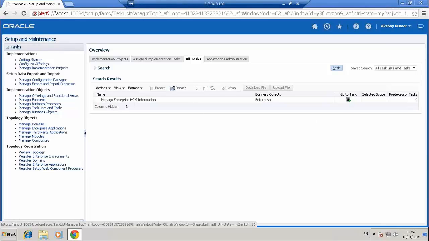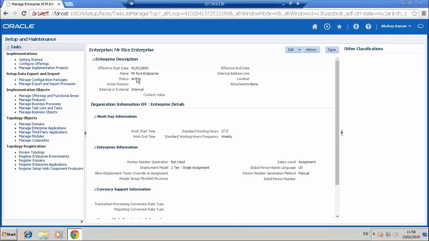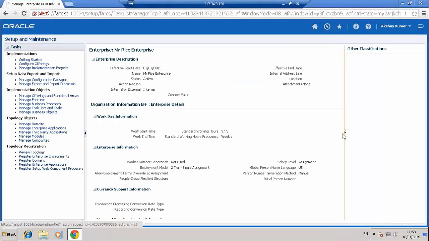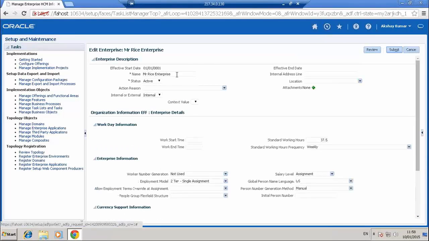Initially, when you get into the instance, you will have an instance given to you with one name. This won't be the name given to the enterprise, with an instance when it comes to you. This will be some other name, enterprise or some other name.